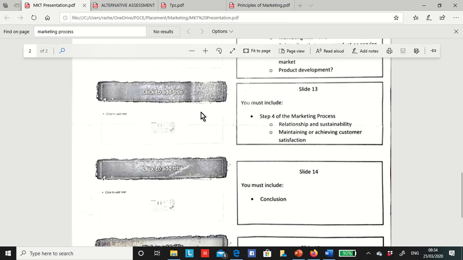Next, you can discuss the marketing process, which will include relationship and sustainability, maintaining or achieving customer satisfaction. This is about customer relationship management.